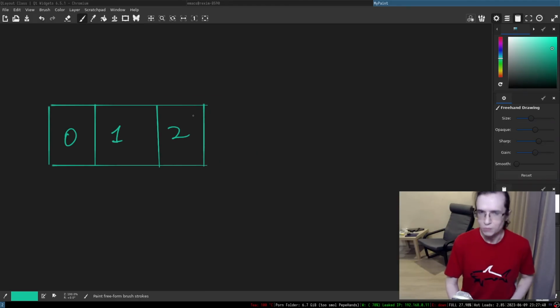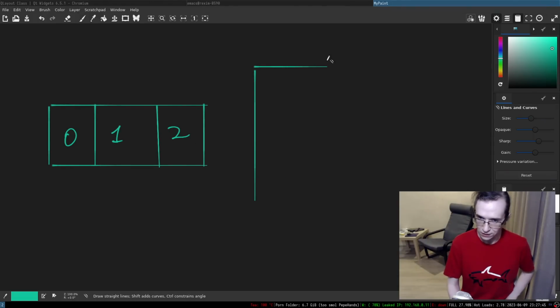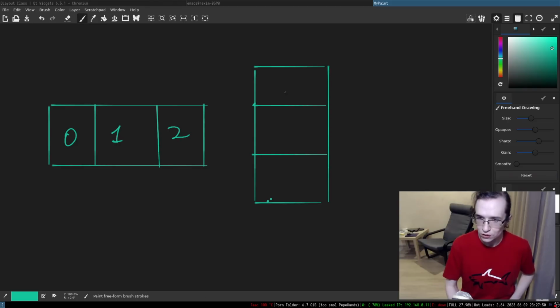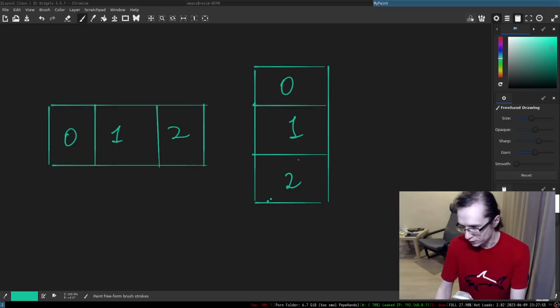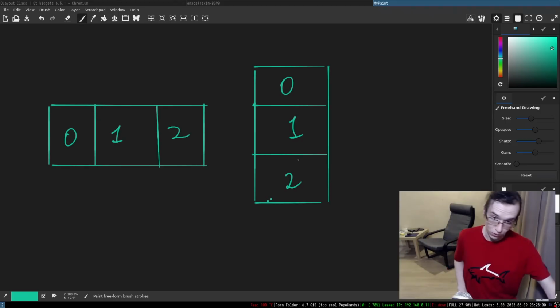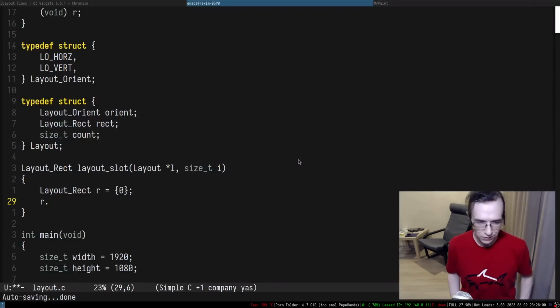We're not mathematicians, we start counting from 0. If it's vertical, it has to be like this. So how exactly we compute the rectangles for the slots very much depends on the orientation. Because of that, we need to have some sort of a switch case in here.